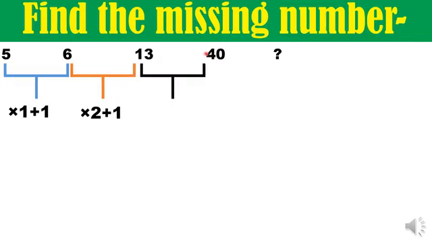Yeah, in this one, बेटा, let us see. यहाँ पे 1 से मल्टीप्लाई करके 1 ऐड करते हैं, फिर यहाँ 2 से मल्टीप्लाई करके 1 ऐड करते हैं. What should be there? हम यहाँ पर क्या कर सकते हैं? Multiply by 3 and 1 add. Okay. So 13 2s are multiply by 3, because this is multiply by 1, multiply by 2, multiply by 3. 13 3s are 39, 39 and 1, 40.